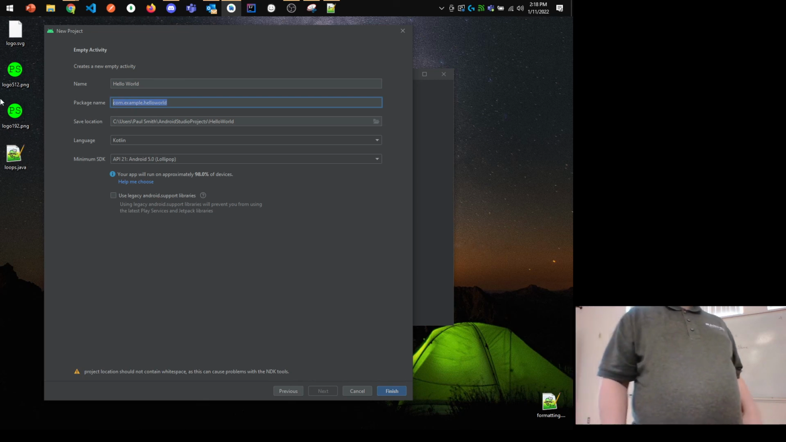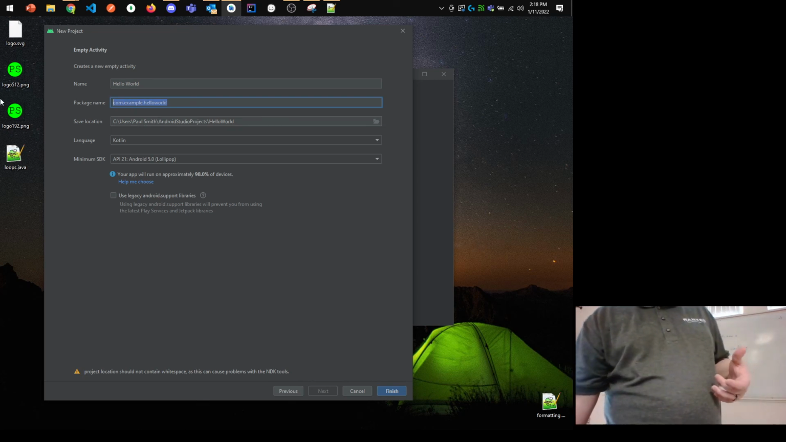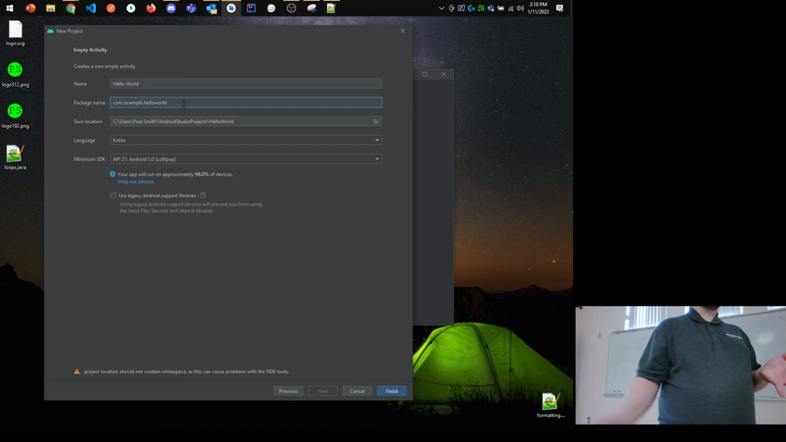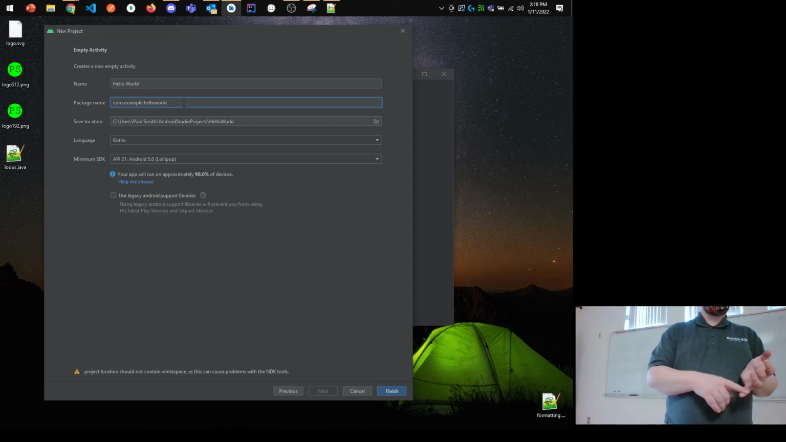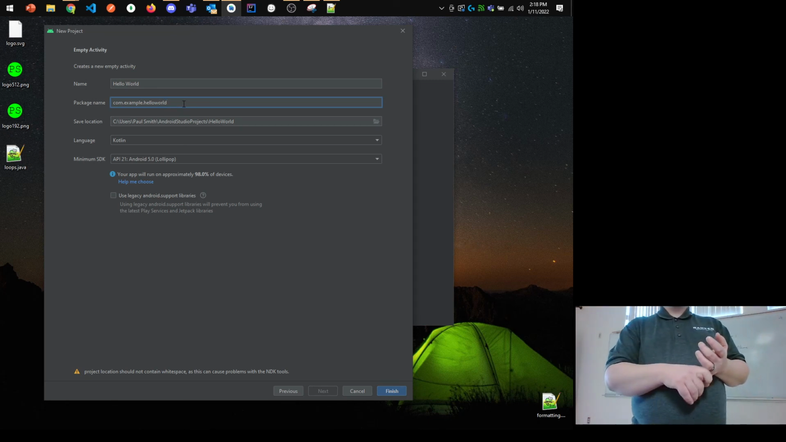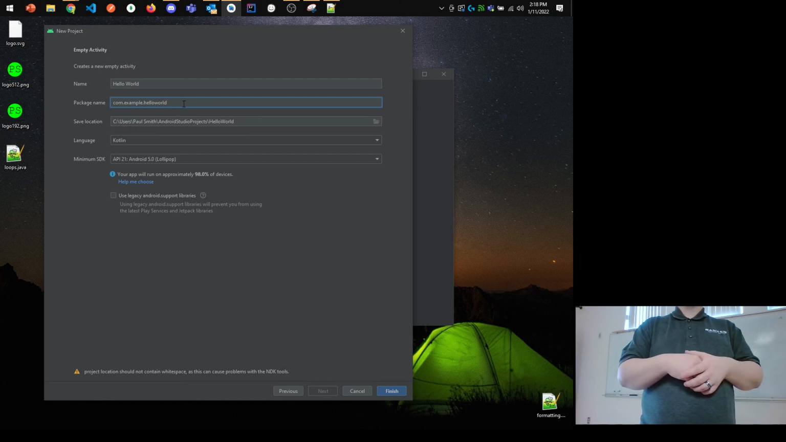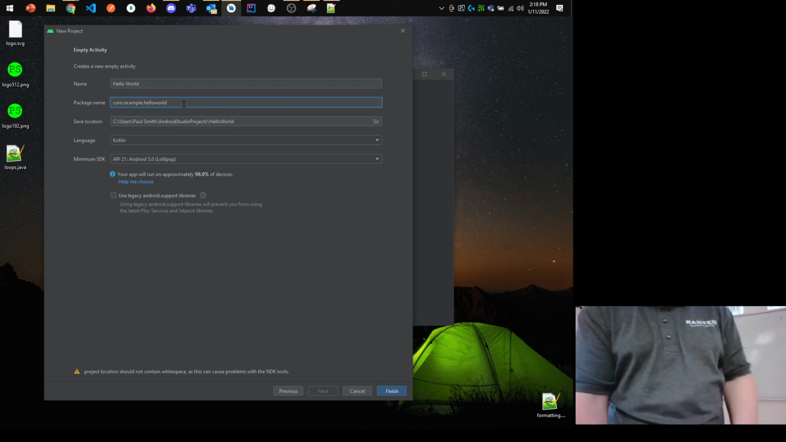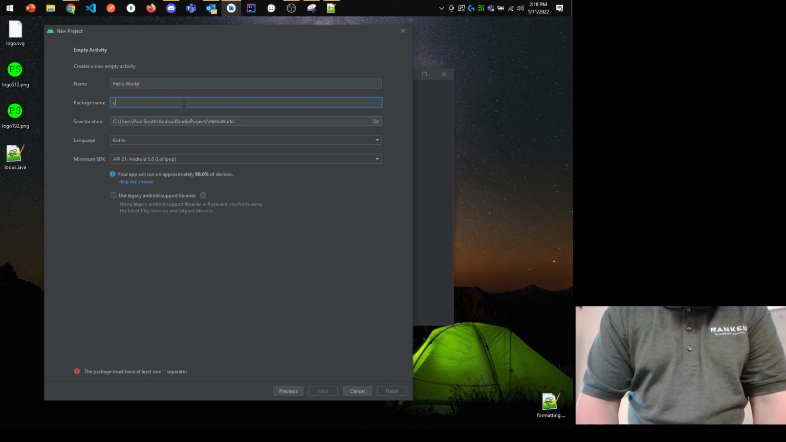The next question is the name of the package. Now, it will have pre-filled that in as com.example and the name of the app we just typed in. So it's going to be com.example.helloworld. Well, we need to change that. So the package name that you're going to use, and actually we can set this once and it's going to be the same for the rest of the semester. It's going to be